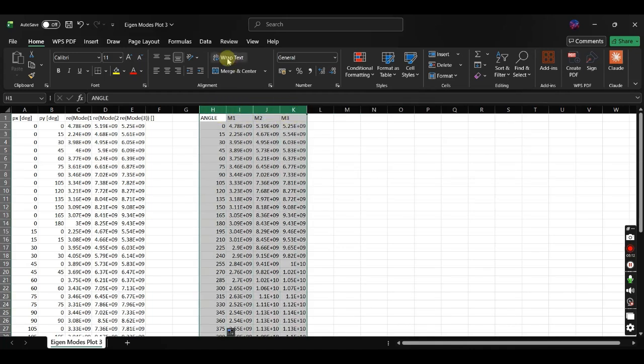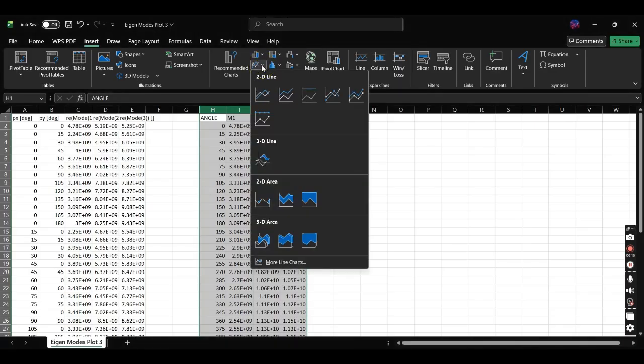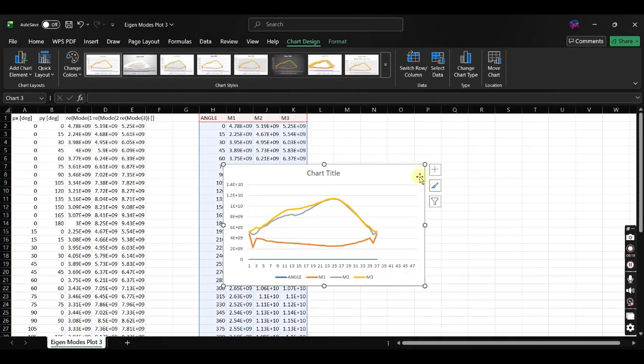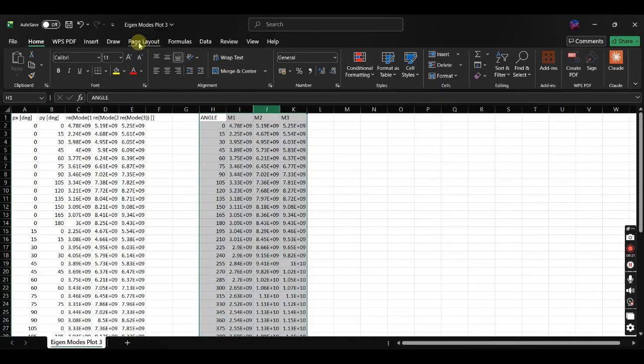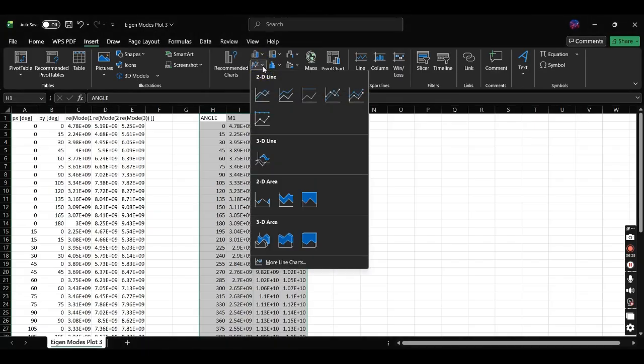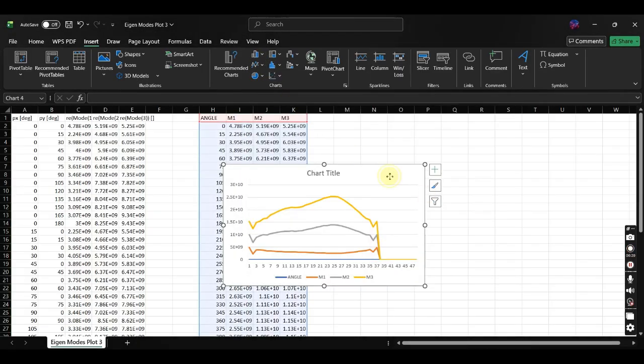Now we will plot the curve. So this is our graph,